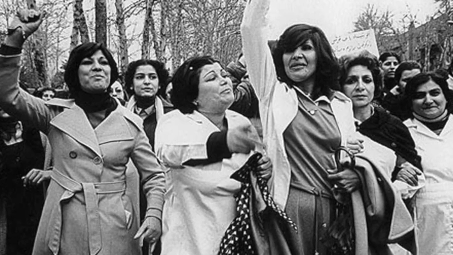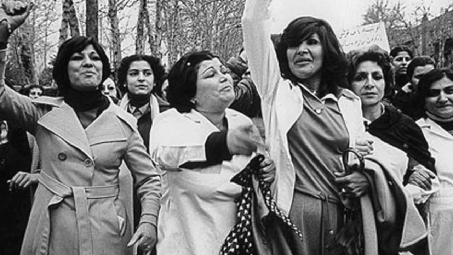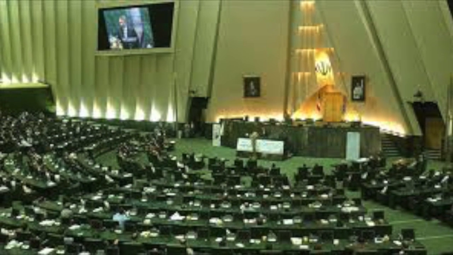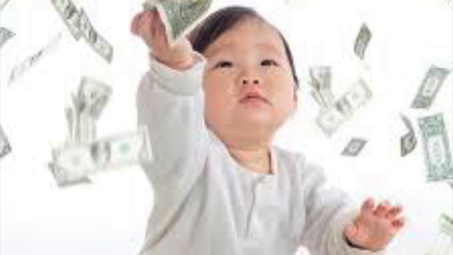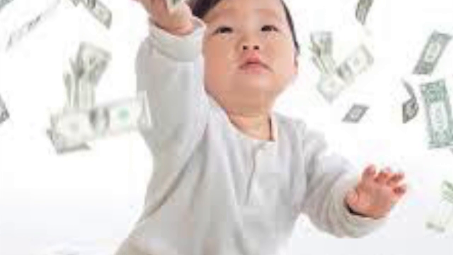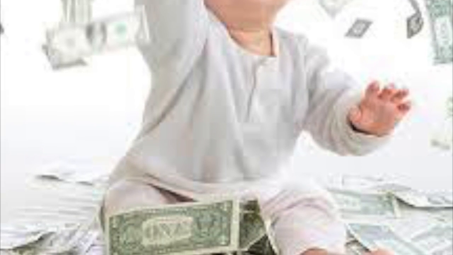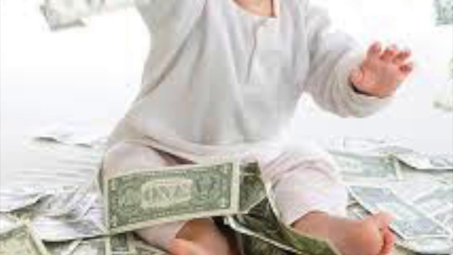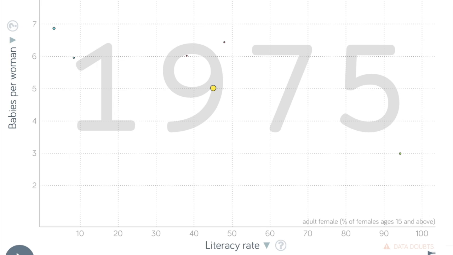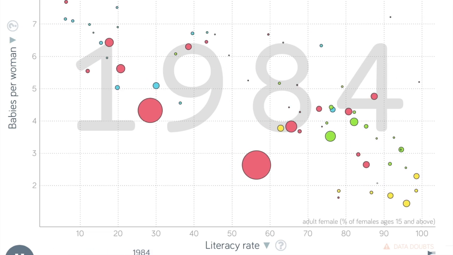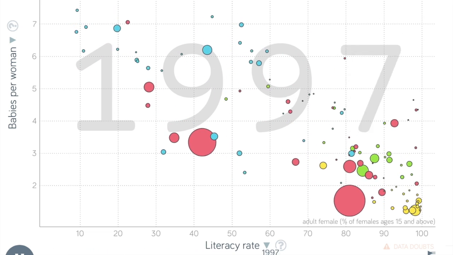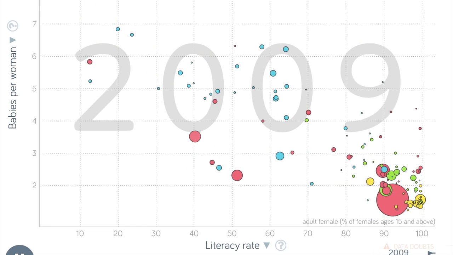As this was a very difficult time for the Iranian people and the economy, the government also started educating people to have fewer children and openly promoted family planning. It is common knowledge that children are a very large strain on the economy, as they are expensive and do not make money for themselves. Additionally, we noticed that by altering the x-axis slightly in order to include the literacy rate of adult females only, instead of both male and female adults, the trend became even more clear.